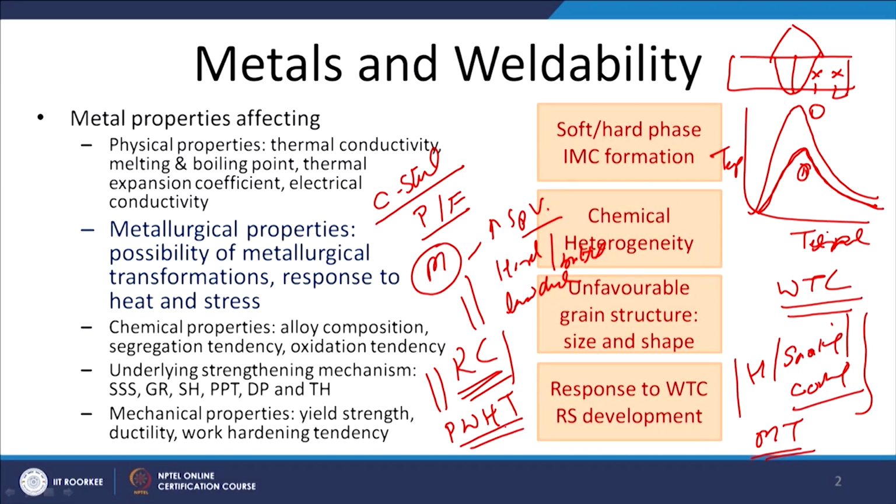So, if the metallurgical transformation is such that huge residual stresses are being developed, then we may require additional steps to reduce the magnitude of the residual stresses, so that the performance of the weld joint in service can be enhanced. Adding post weld heat treatment in order to enhance joint performance will be lowering the weldability, and if the weld joint is developed without much residual stress, there will not be any post weld heat treatment requirement, and that will certainly offer better weldability.